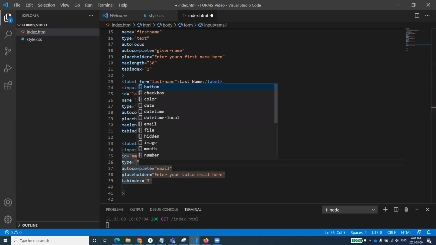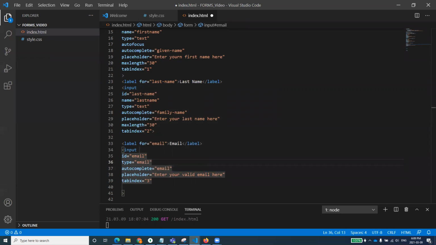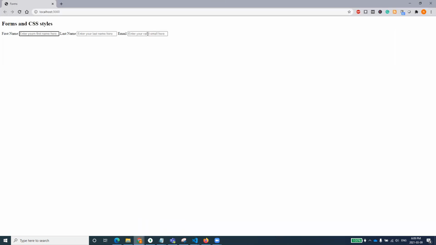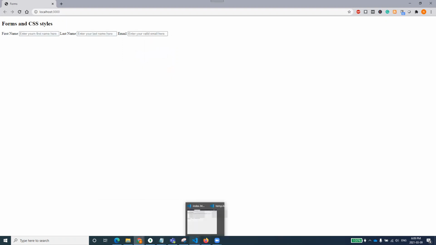Type is equal to, now HTML5 provides us the type of email. So it's basically doing the basic validation all by itself. So we don't need to worry about those basic validations, because we will just be using this email type, and it will take that as an email input box. So this is a good feature of the input box, that we don't need to worry much about that. So we have got this email. Now here you see that it is giving me a reference of those emails whenever I'm accessing it.